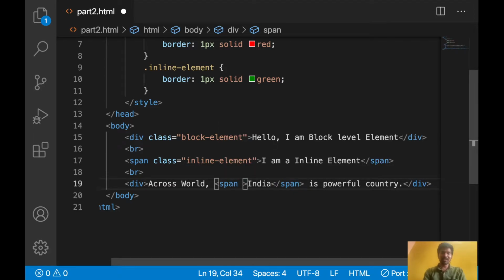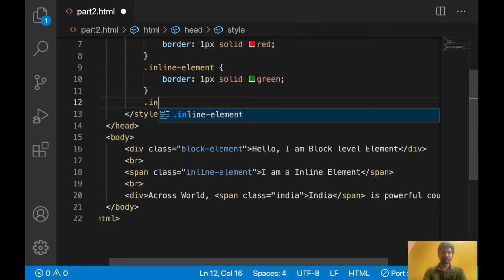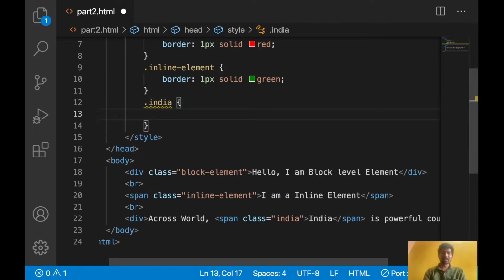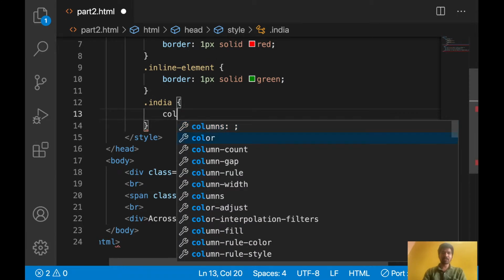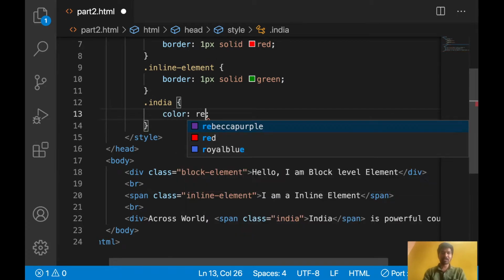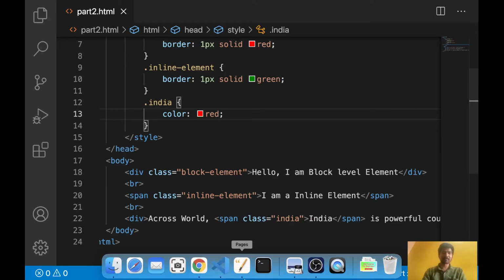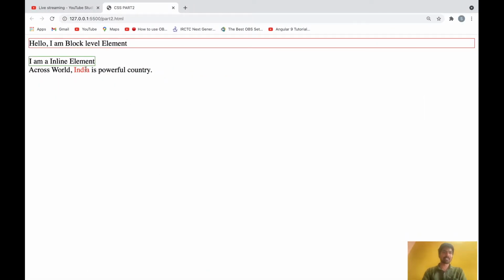For this I will give one class, India, I just named that class name. So we'll just give some color, red. Now see, that India is highlighting now.